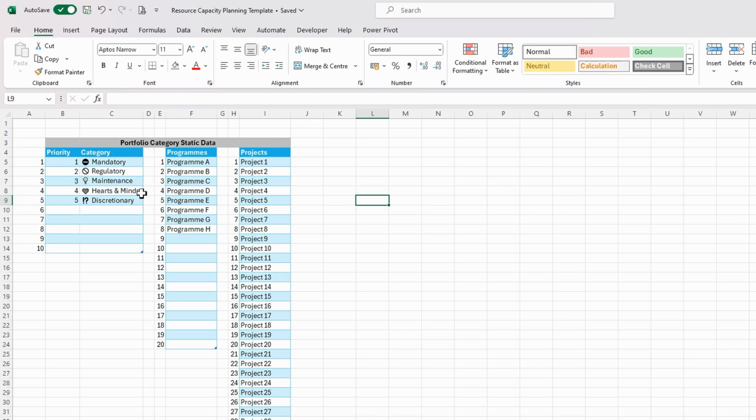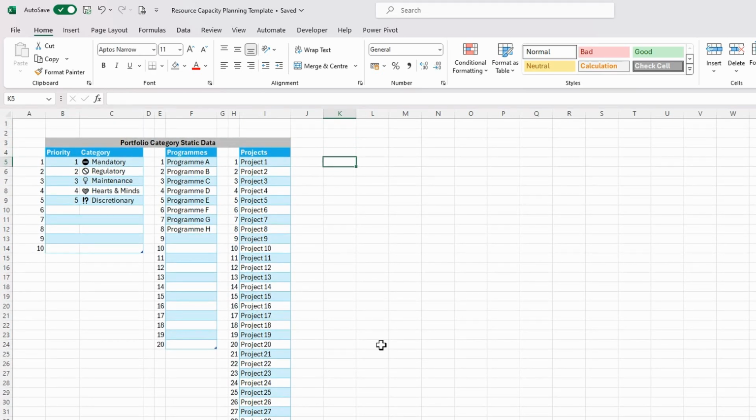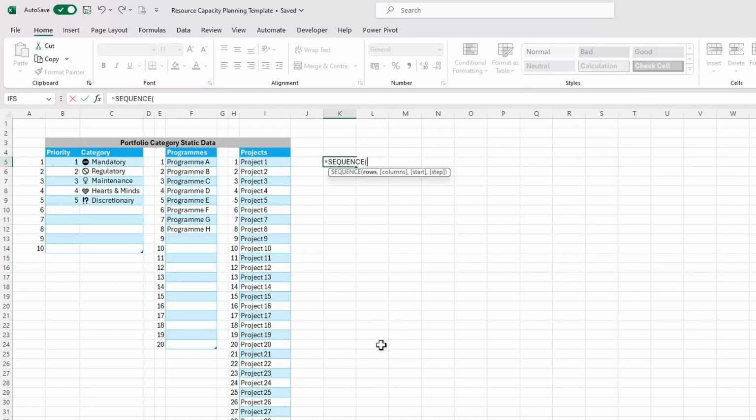Now we need to create a cross-reference to these tables. So I need to create a cross-reference table to say how the program, so which programs do the project belong to, and also which category do the projects belong to. So we're going to do that in our cross-reference table. And again, within here, we're going to have a sequence. So it's going to be a total of 50 projects that we need to create a sequence to. So if I do equals sequence, so it's not 40, it's 50. So if I do 50,